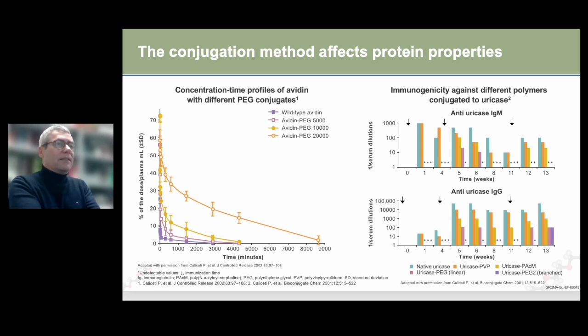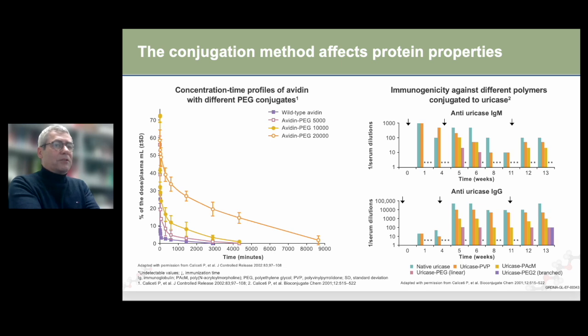What we can see here is that polyvinyl pyrrolidone and polyacryloyl morpholine are not very effective in reducing the production of anti-uricase IgM and anti-uricase IgG. They are not very protective, and they do not reduce the immunogenicity of this protein very much. On the other side, linear PEG is much more effective in reducing both IgM and IgG, but the